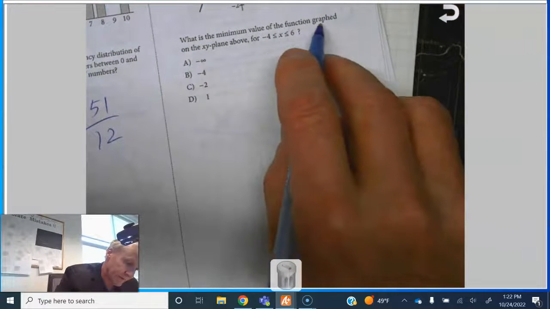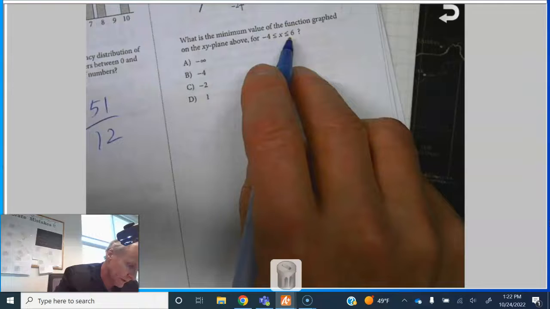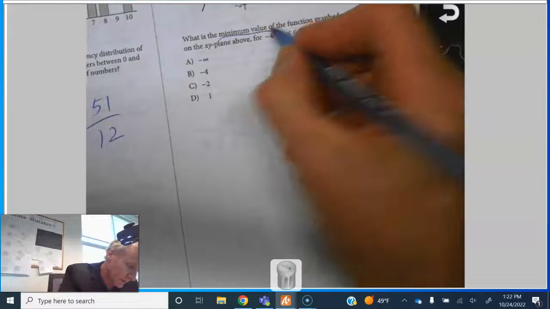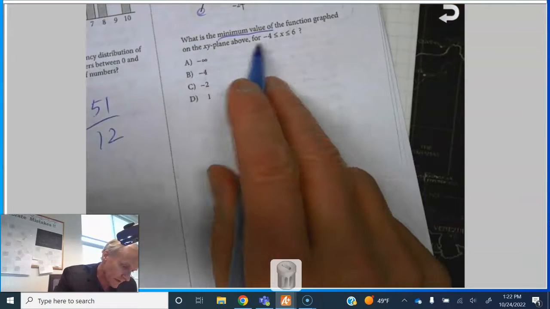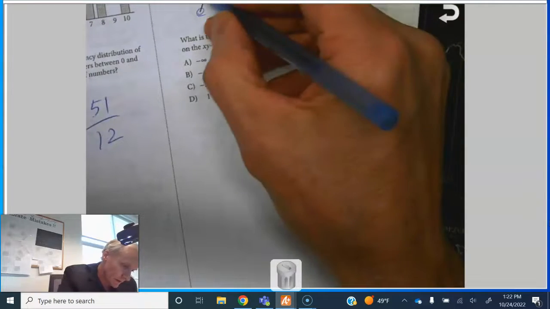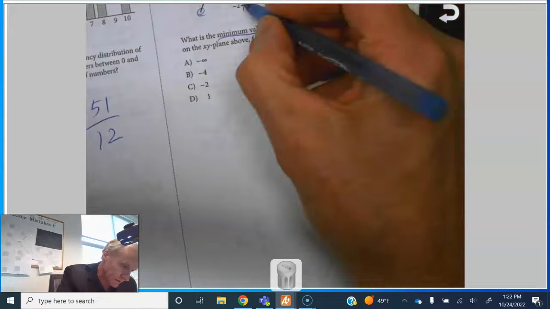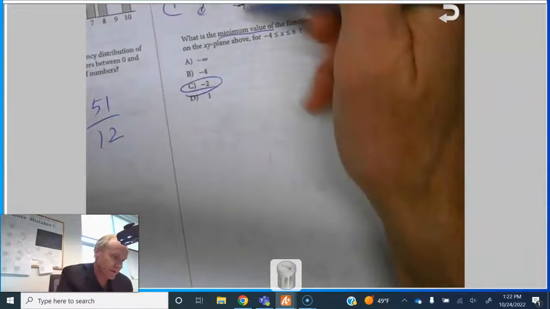What is the maximum value of the function graph from -4? Oh, the minimum value. Well, it's -4. It's right there. Minimum value graph for x between -4 and 6. -4 is the least, so -2 is the minimum value for the function, because the value of the function is